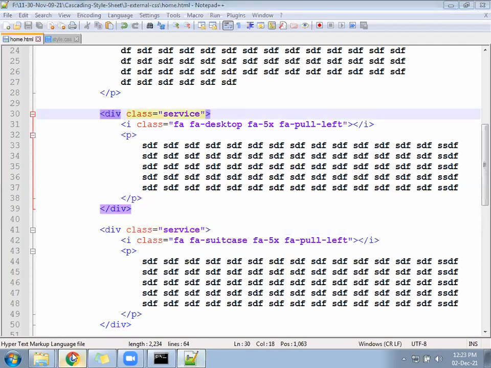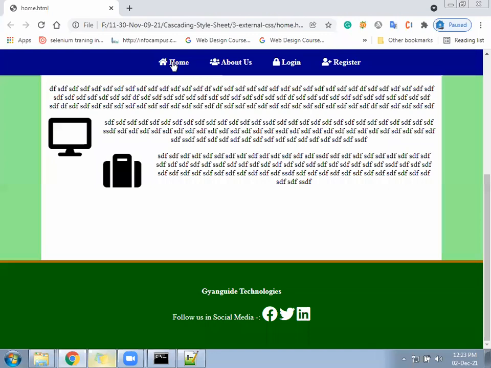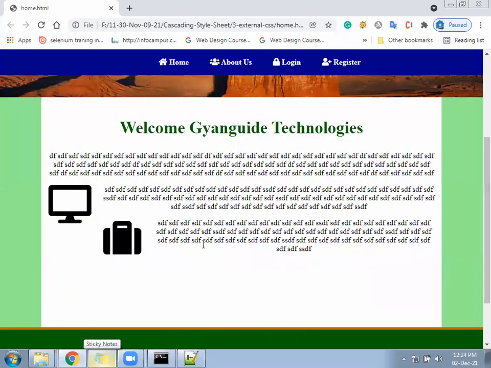Clear? So instead of paragraph we have given division, and the label we converted into paragraph.